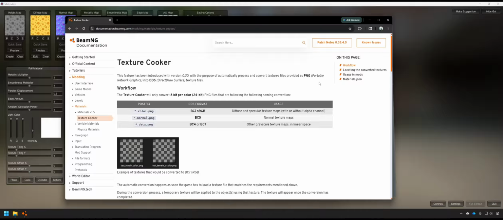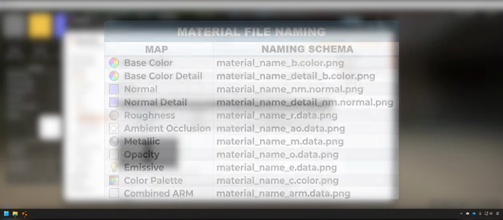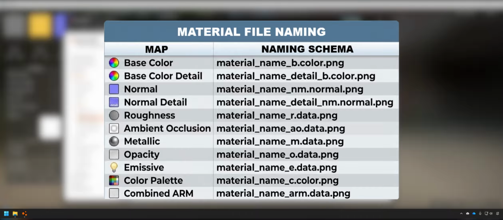You can technically call your file name whatever you want before the texture cooker suffix, but best practices would be to mirror what the trained material already uses for bulk changes. Here's the naming schema that I use. Material name underscore b.color for the base color map, material name underscore detail underscore b for the base color detail map, material name underscore nm.normal for the normal map, material name underscore detail underscore nm.normal for the normal detail map,